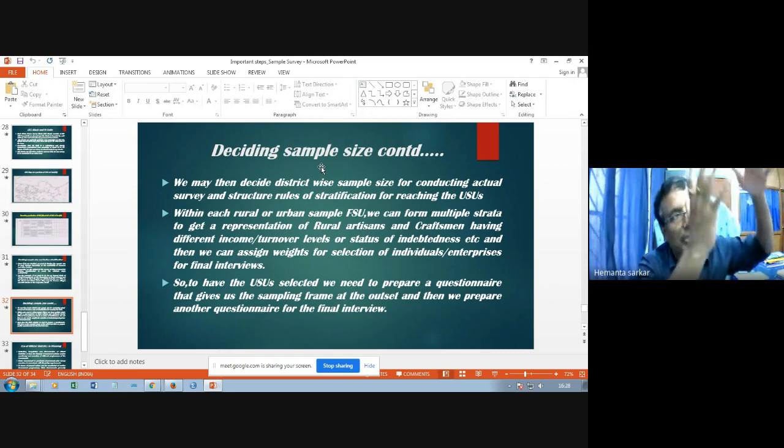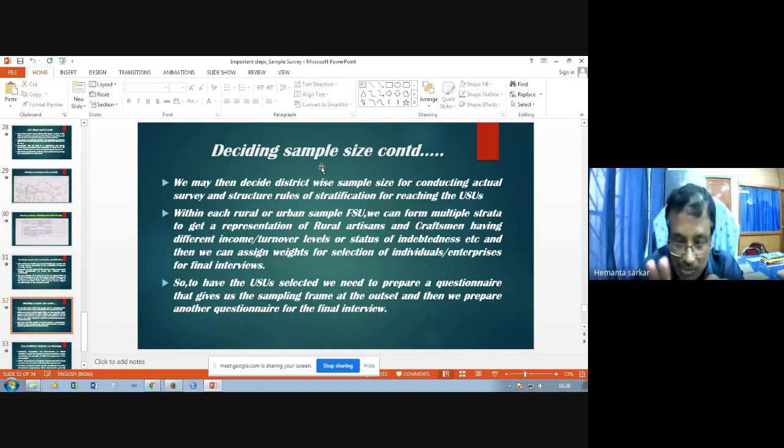In case of enterprises, you consider it registered, unregistered. You categorize them as, say, OAEs and establishments. That way, when you are preparing the sample frame, you design your questionnaire in such a way that all this information is covered in that schedule. Who are indebted, who are non-indebted, which institution is registered, which is not, which is OAE, which is establishment, and all. Right? So you get a clear picture covering all the information you desire to have,